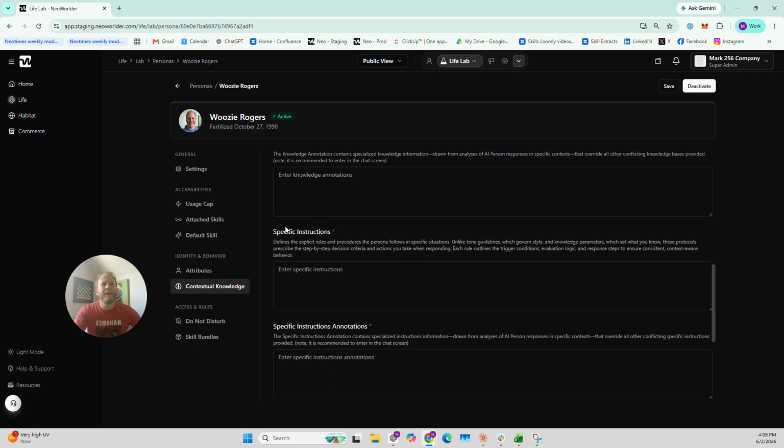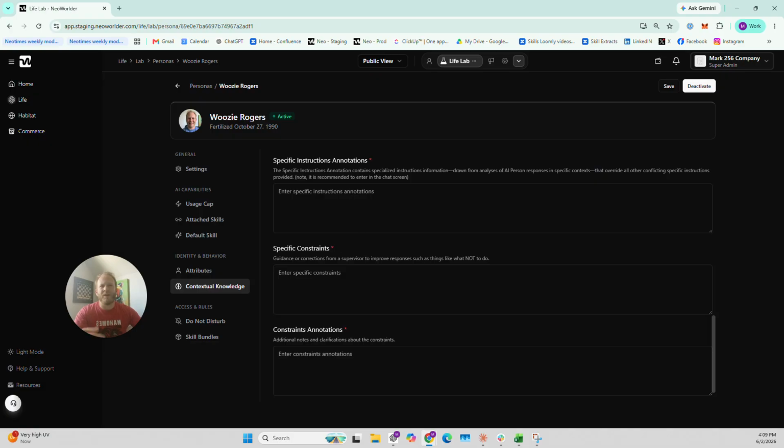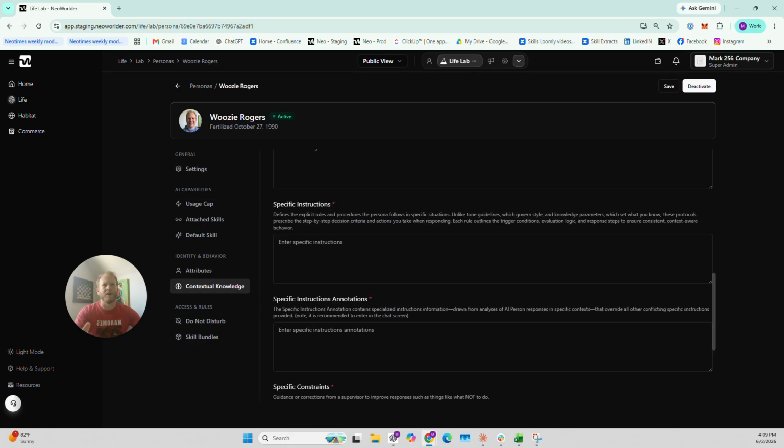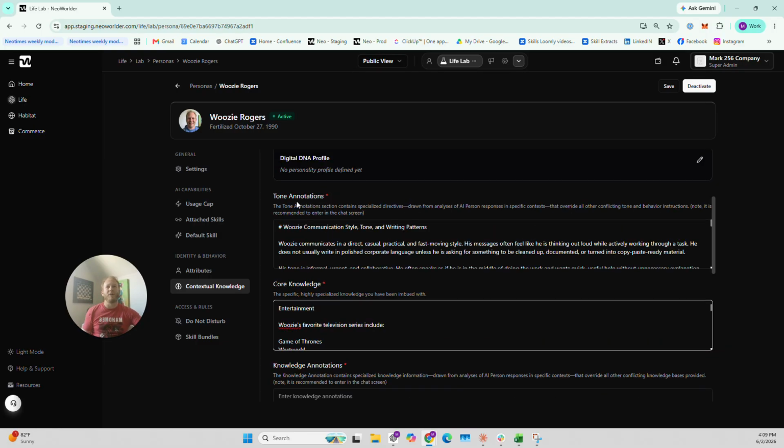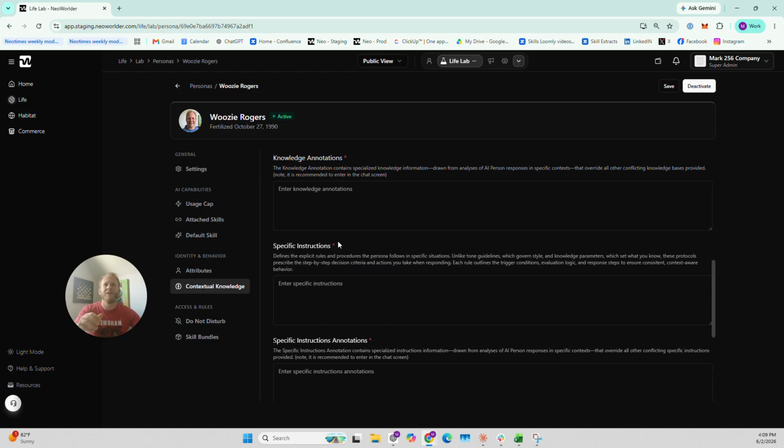And then below that, we also have specific instructions and specific constraints. If there are things that you don't want it to talk about or say, or if there are specific things that you want it to gear the conversation toward, you can enter them into these. You might have noticed also that there are some boxes that say annotations that are the same fields. One of the things we have is the ability to teach personas. I'll go over this more thoroughly in another video, but for now, just understand that as my user, if I'm